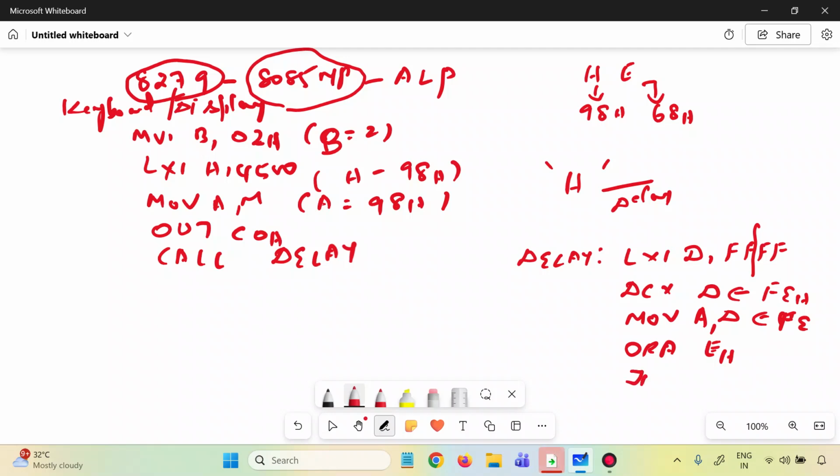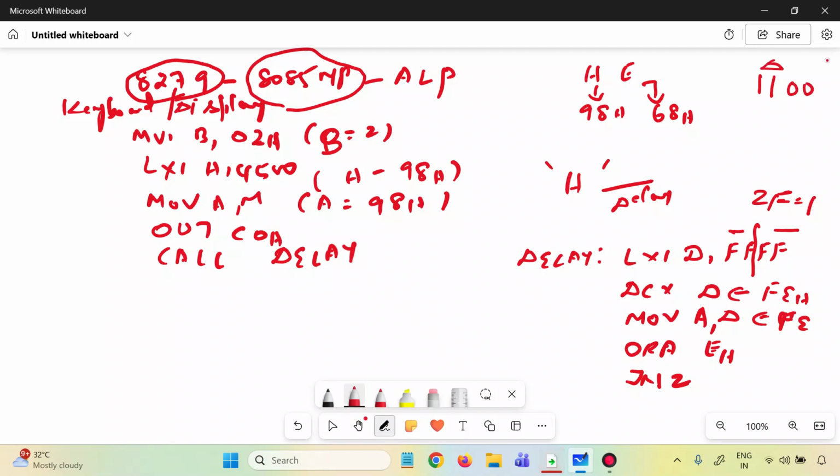Check for the zero flag. Actually, when you do an OR operation, OR is nothing but X plus Y. So when both the registers are 0, D is 0 and E is also 0, only then your zero flag will be set to 1. If any one value is not 0, for example, the D register content is not 0 or the E register content is not 0, the result is not 0.